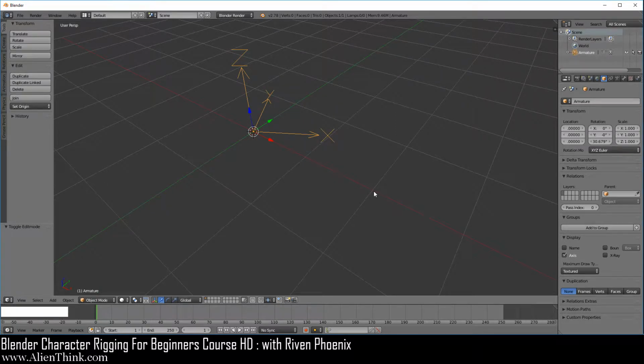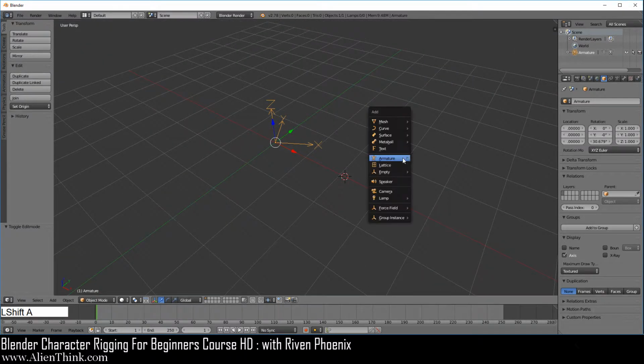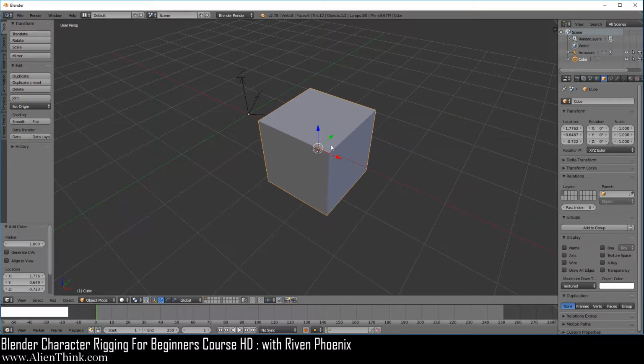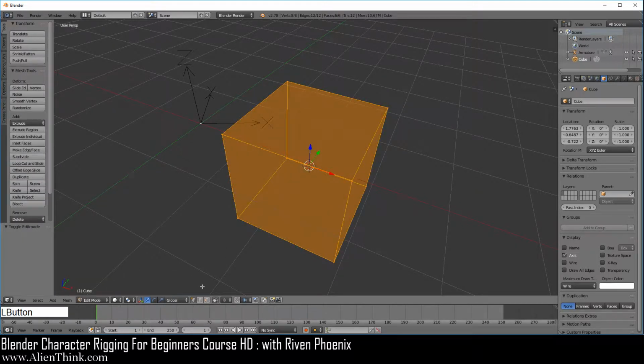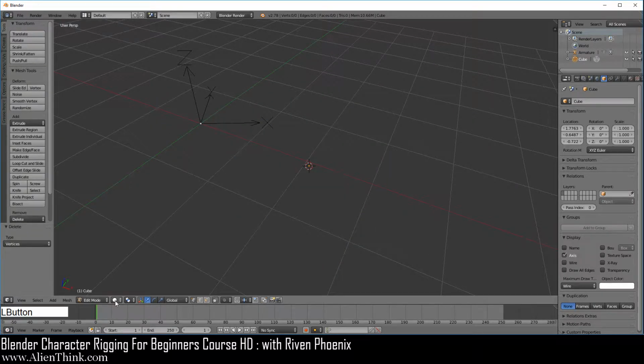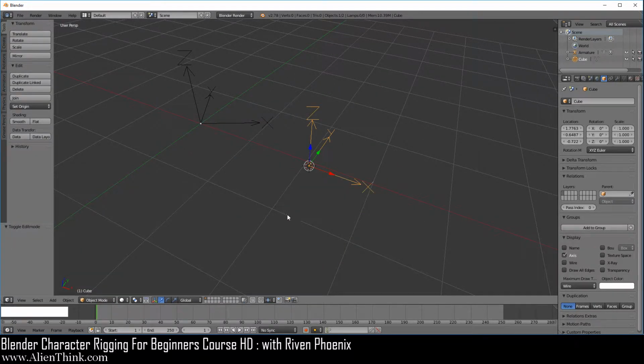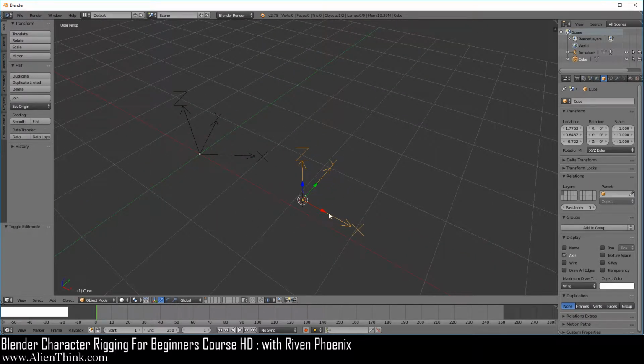Okay, now click the 3D cursor right around here, do Shift A, and add a cube. Okay, notice that this is going to be the same concept. In order to see this concept a little better, if you go to the Object tab over here, we're just going to set it to display in wire. Go ahead and click on Axis. Okay, now notice that it's the same thing, right? If we have the cube selected and switch to edit mode, X, and delete the vertices, go back to object mode, you can see that it's the same exact concept, right?